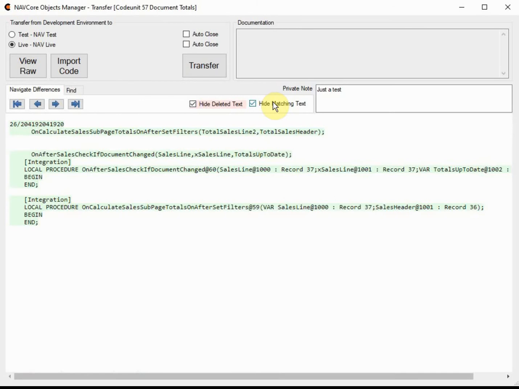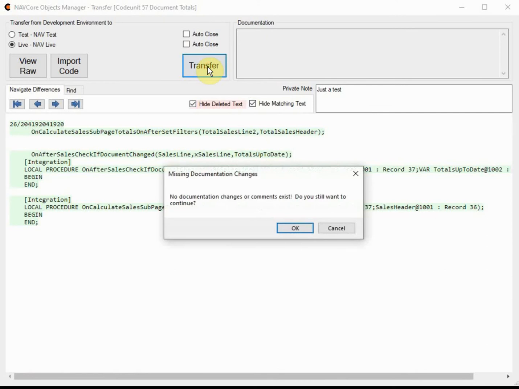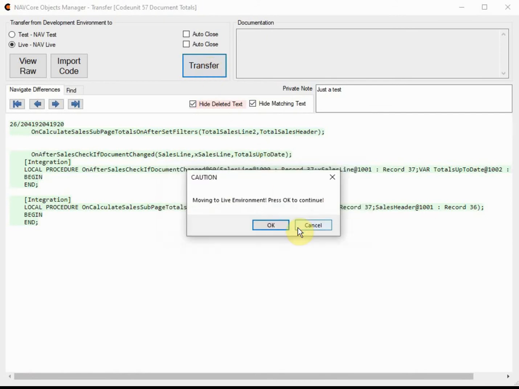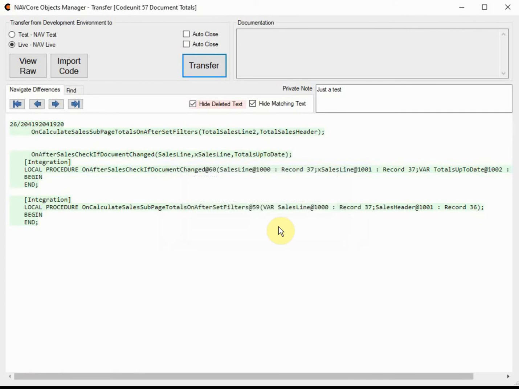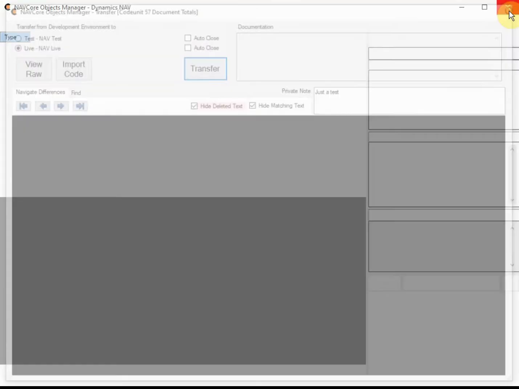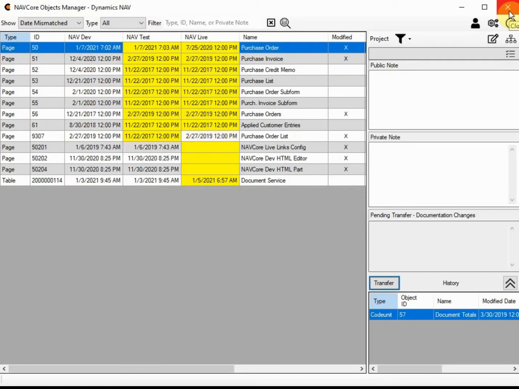I, myself, thanks to this application, was able to catch a few of those prior to transferring my changes to the live environment. Several times, it also helped prevent accidentally overwriting changes that another developer had made directly to the live environment. Even if it wasn't caught, this application keeps a copy of the live environment's object on every transfer. Therefore, you can easily restore it to retrieve any loss of work.